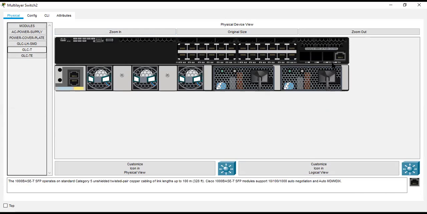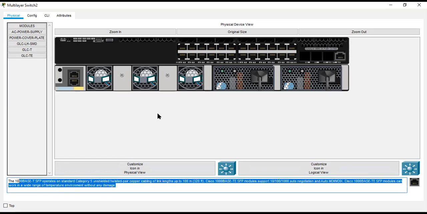You can see that TE3 and TE4, the third and fourth ports, are ready to support 10 gig. But GLCT is 1 gig speed, and GLCETE is also 1 gig. It's a copper port. So physically, the switch is ready to support 10 gig.